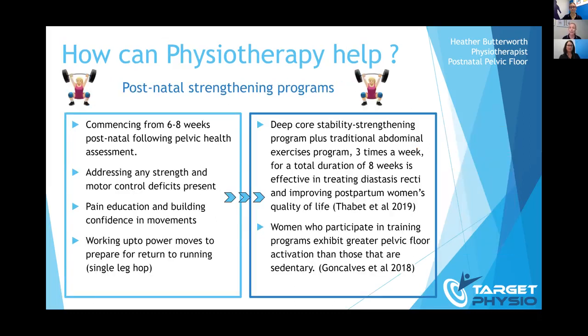So moving from our pelvic floor assessment, we go into some postnatal strengthening programs. Commencing from 6 to 8 weeks after the pelvic health assessment, as long as everything's going well with your pelvic floor and we've got those exercises started, then we can start building in some strength exercises, addressing any strength and motor control deficits, pain education to build confidence in movements, and working up to power moves once we've worked through there, like hopping and learning how to control our single leg landing